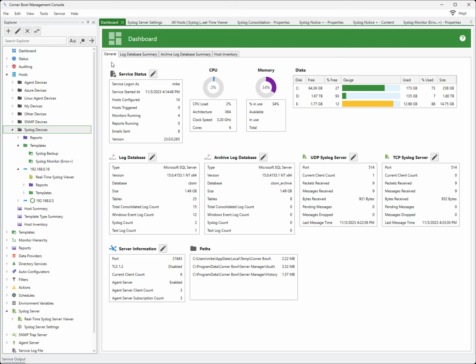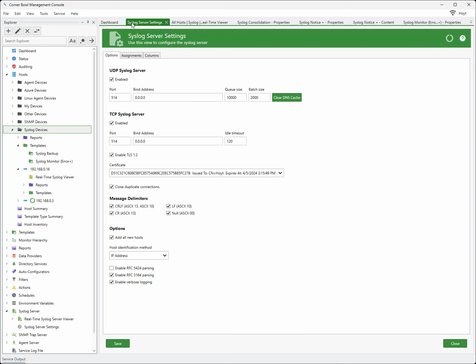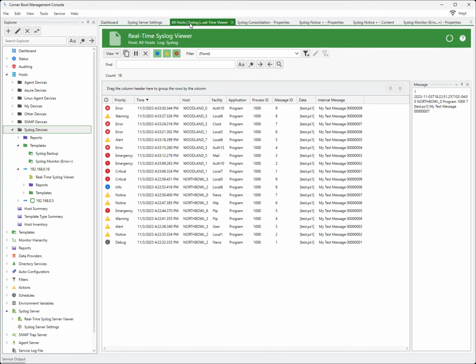This is the first part of a multi-part video tutorial series in which I will show you centralized syslog management with Cornerbowl Server Manager. In this video series, I'm going to show you how to configure the Cornerbowl Server Manager UDP and TCP syslog servers, how to view syslog entries in real time, how to automatically save syslog entries from any hardware device to the centralized syslog database,